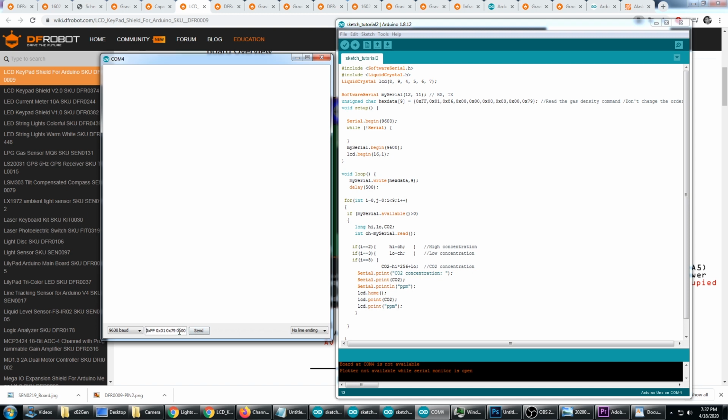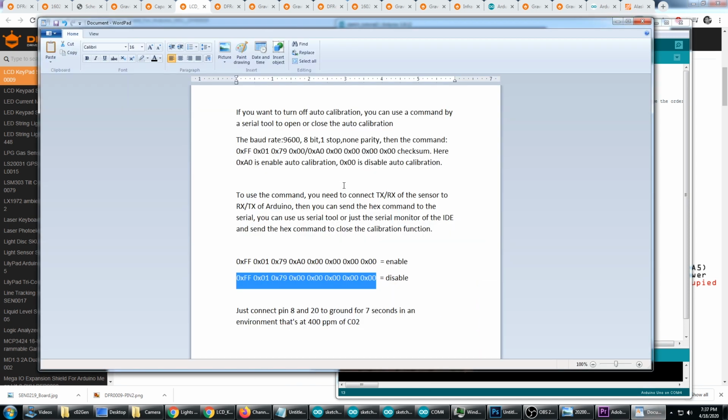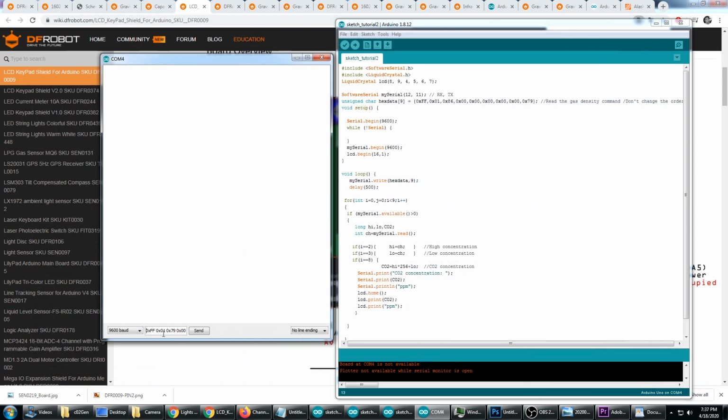And I'm going to paste that command in. The difference between the two commands is right here. This was for enable and this 0 right here is for disable. So I'm going ahead and put in disable, and I can verify that by looking at the after the 79. It should be a 0x00, and I'm going to hit send. Now there's no feedback here, but if you followed this and it's hooked up correctly, you will disable the automatic